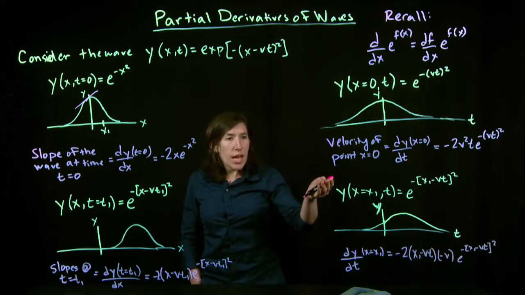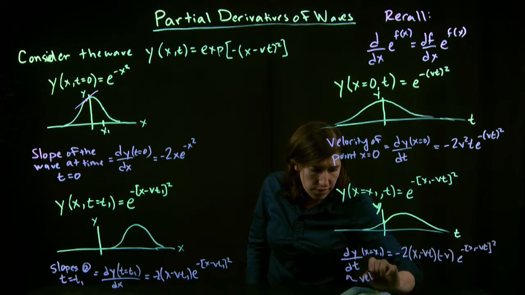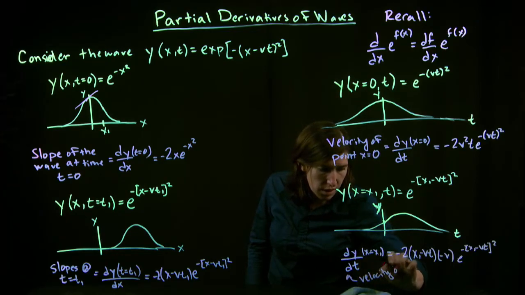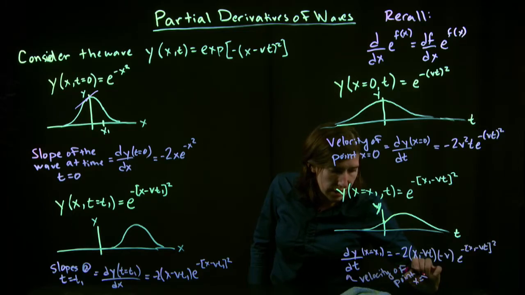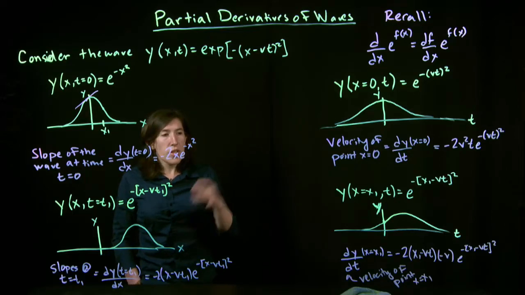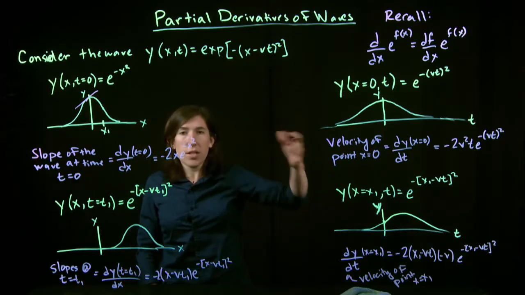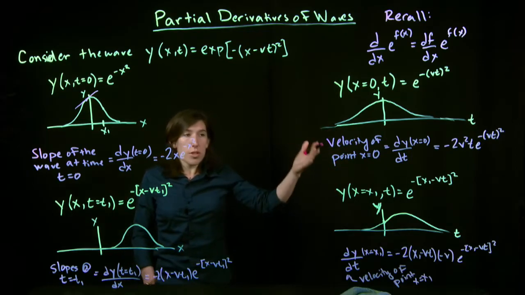So that's great. So now we know about, again, this is the velocity of the point x equals x1. So this is a video about partial derivatives, but so far I've just been taking single derivatives, or normal derivatives,